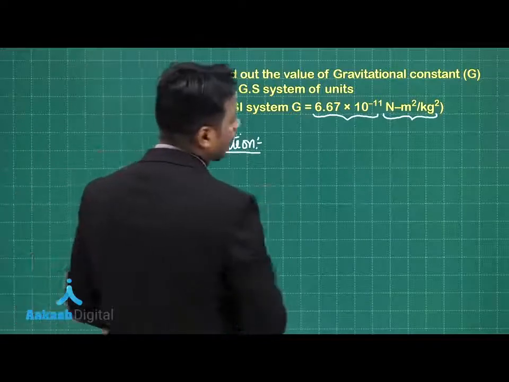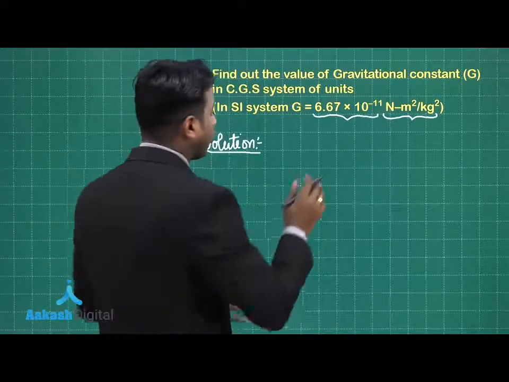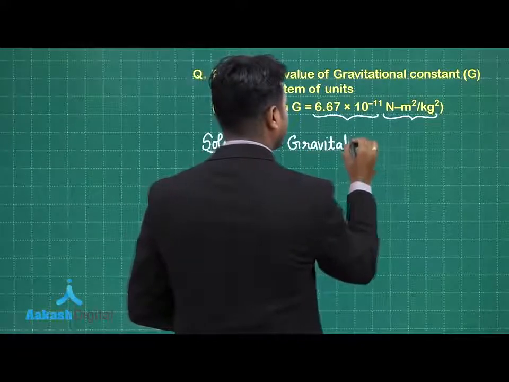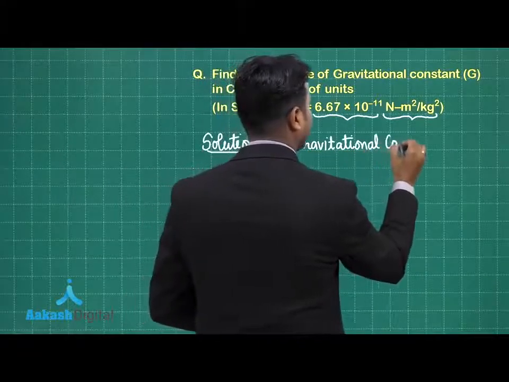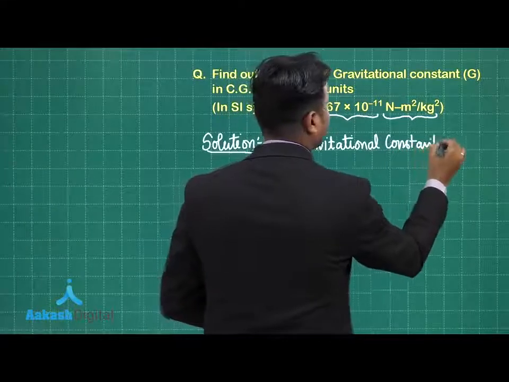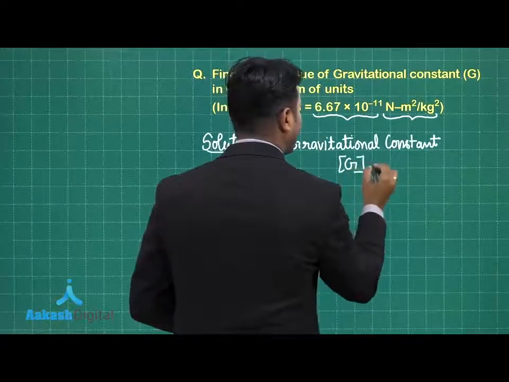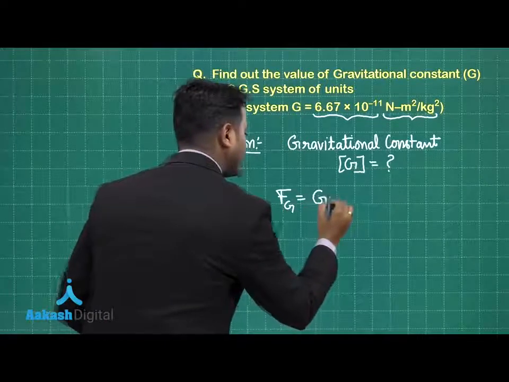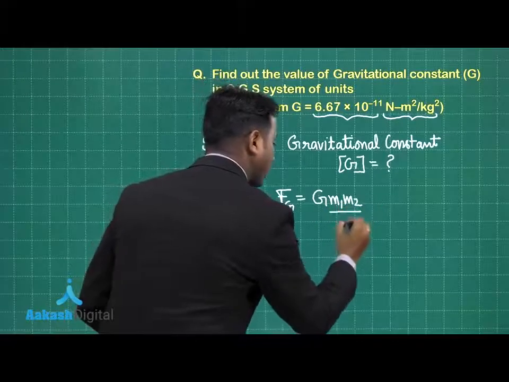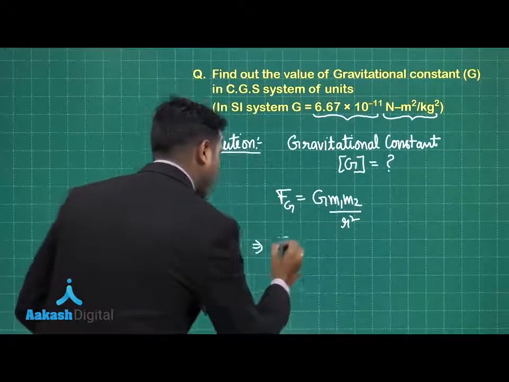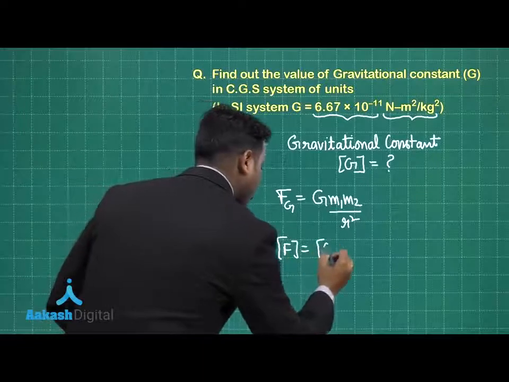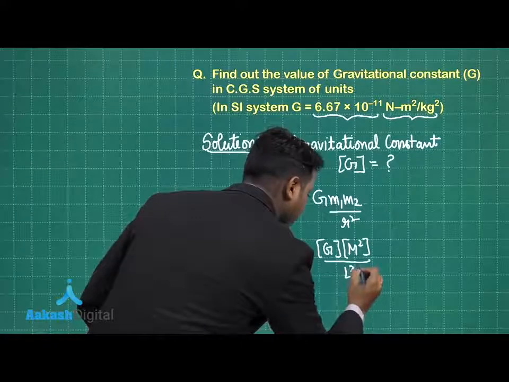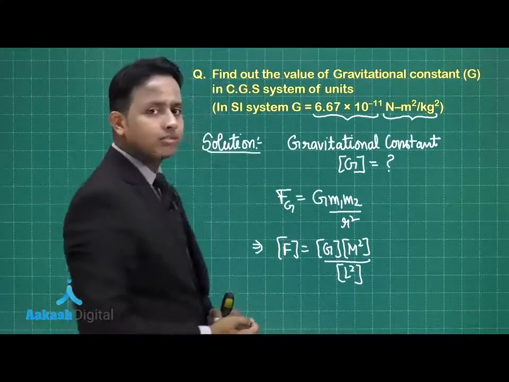So we can write down all the values for the respective units. We have the quantity as gravitational constant. Now the first thing, I need to find out the dimension of the gravitational constant, which we don't have. For that we have gravitational force as G m1 m2 by r square, if you remember. Now the dimension of force must be equal to the dimension of G multiplied with m square divided by l square. I hope this simple mathematics is very clear to you.